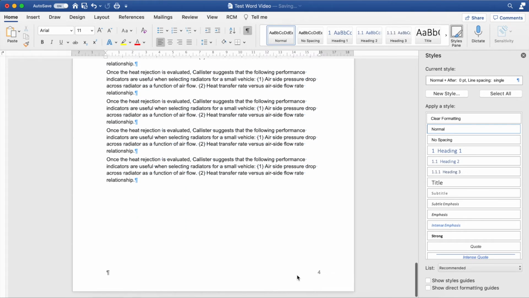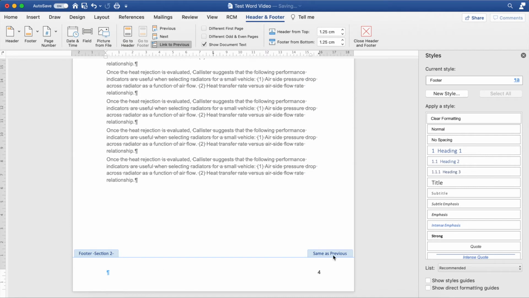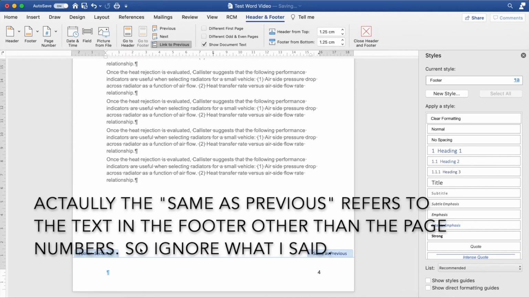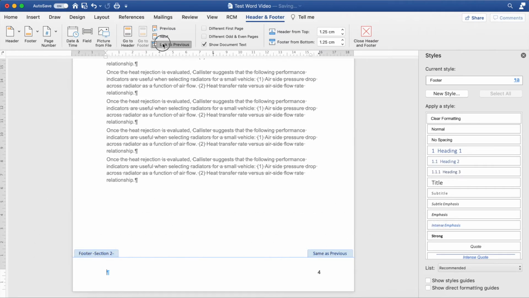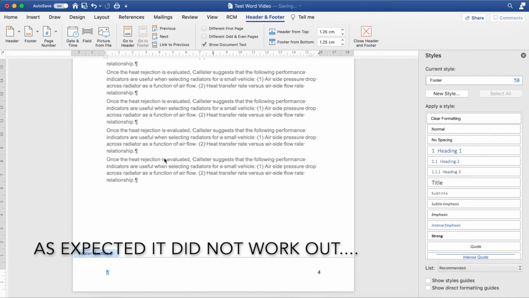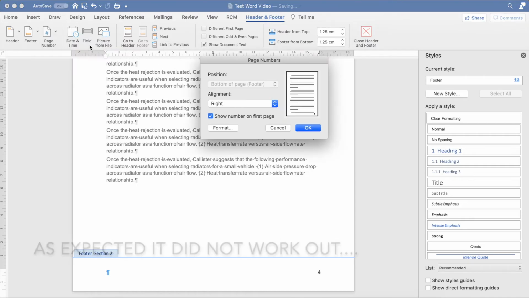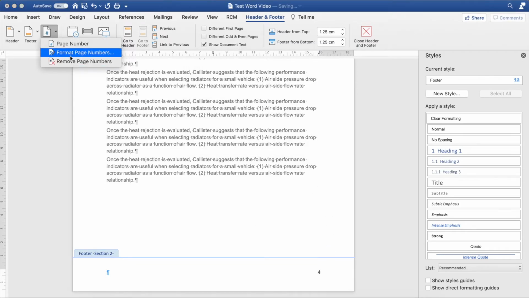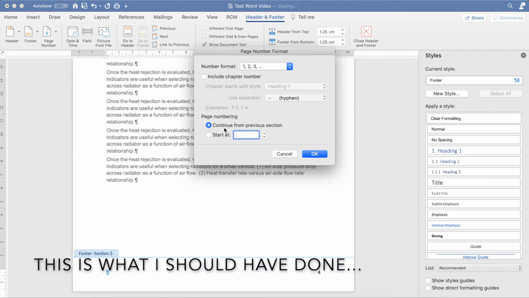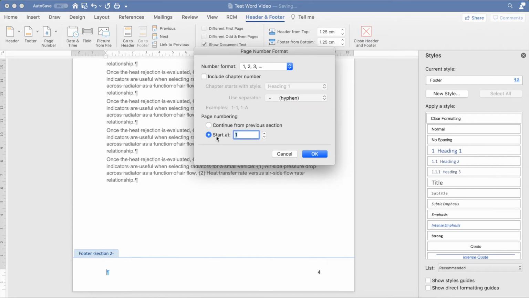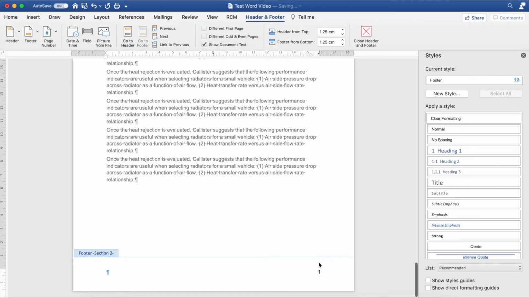So then it goes on II, III, and here it should say 1, but it doesn't. It says 4. Now what happened here is it says same as previous. So actually you don't want the same as previous, because this section should not be linked to the previous section. So we could go here and untick this. Okay, so now you go into page number and say right aligned, show number on first page. Okay, and then you format the page number by saying actually don't continue from previous section, start at 1 and you want this number format, and there you go,